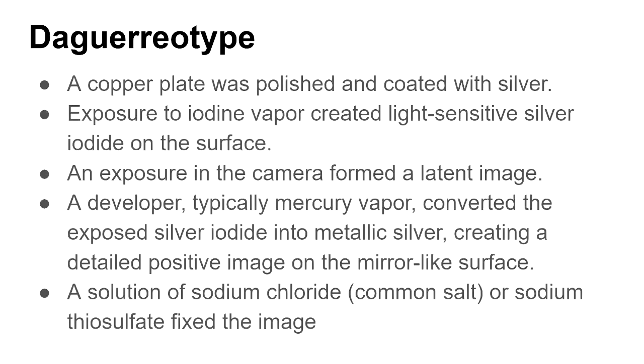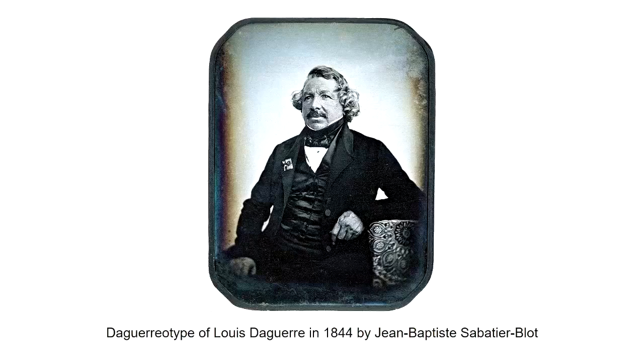And here it talks a little bit about what the process is. The copper plate was polished, coated with silver, and exposed to iodine vapors, which created this light sensitive silver iodide, and the exposure in the camera formed this latent image, this hardened image. The developer typically used a mercury vapor to convert the silver iodide to create the positive image, the mirror-like surface. So this was a process with lots of chemicals involved, which is interesting because there were full teams of people developing one photograph, and it wasn't called a photograph back then. One of these daguerreotypes took a whole team of people, and they were using a lot of chemicals,